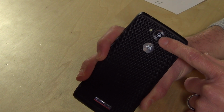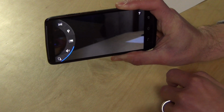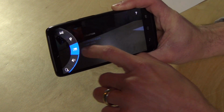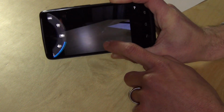Now, the Droid Turbo does have a better camera, a 21 megapixel sensor, so significantly improved over the 13 megapixel sensor on the Moto X. So it gives you a real boost there. But what was interesting is that by default, it puts itself into this widescreen mode at 15.5 megapixels. So by default, it does still have higher resolution at 15.5, but to get that 21 megapixel resolution, you're going to need to open the camera app up here and switch it into that mode,